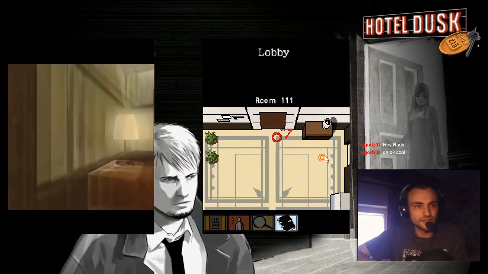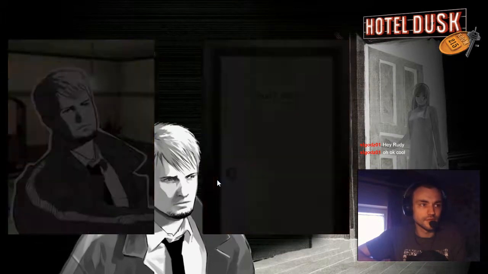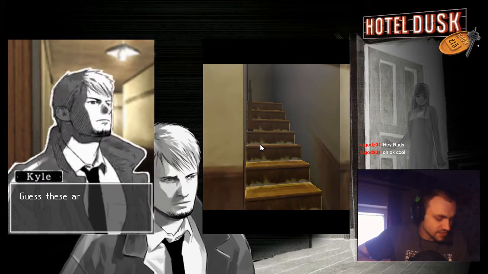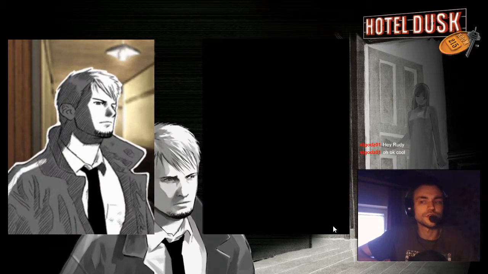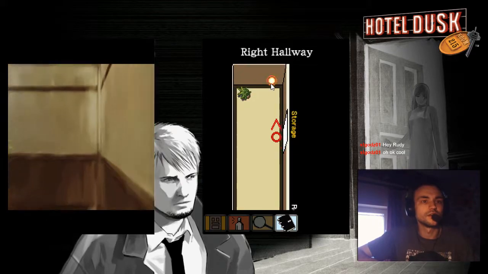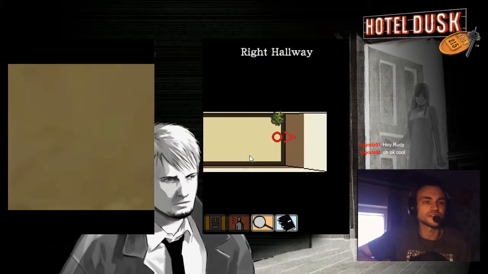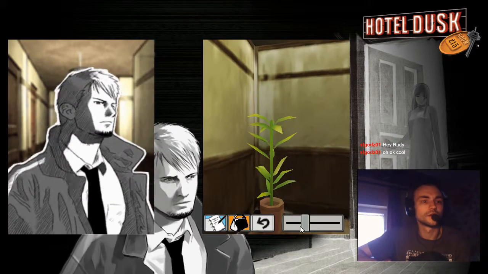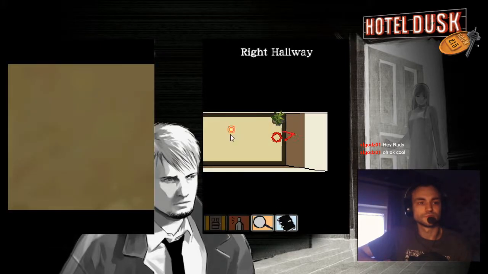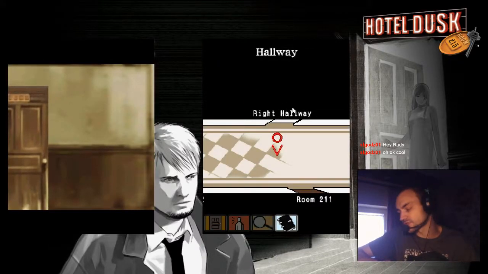No, that's not what it is. Okay, right hallway. Isn't it the way to Rosa's room as well? Because these are the stairs Rosa was talking about. Rosa's room. Ah, yeah, okay. Storage. That's Dunning's room. Ah, yeah, and that's the back door to the main office, I guess. Okay. It's just a plant. It's a plant of some sort. Yeah, I can't go to Rosa's room until 8 p.m., so...